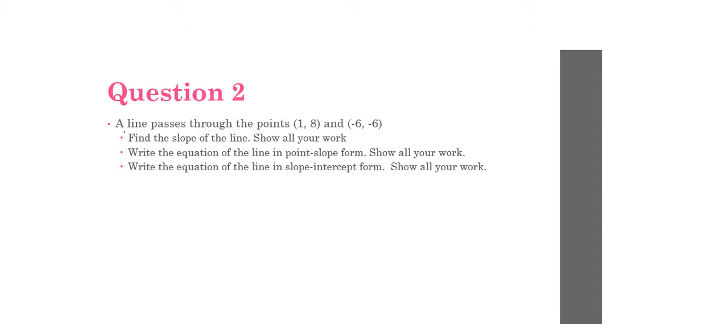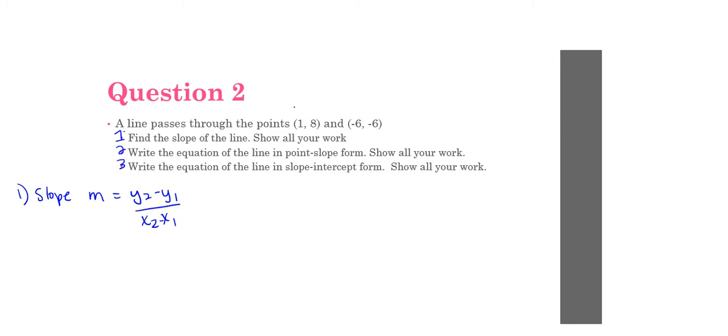It gives us that a line passes through the points (1, 8) and (-6, -6). So we have two coordinates, and the first step is to find the slope of the line. Okay, so I want to go and number these: 1, 2, and 3. So for part 1, to find the slope of a line, we're going to use our slope formula. Remember that slope stands for m when we're using variables, and y2 minus y1 over x2 minus x1 is our